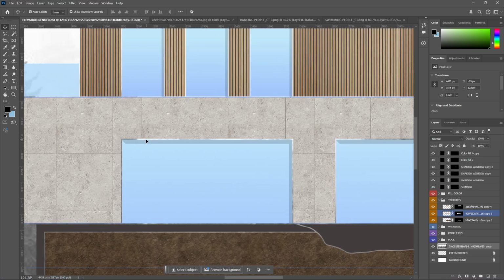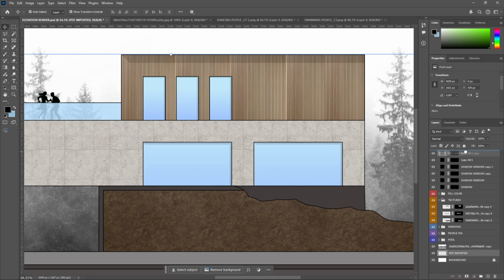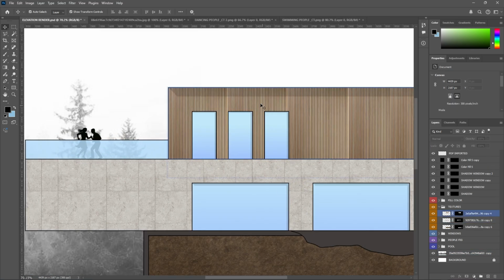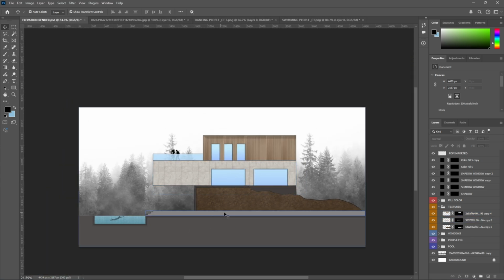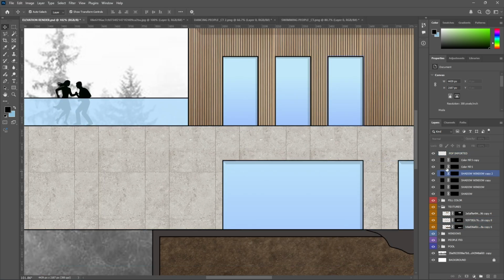Great. Now for these white lines, what we are going to do, we have, let's unlock it, our imported PDF, and drag it to the very top. And as you see, we get our black lines, the lines from our AutoCAD drawing. So for the elevation, to get rid of these white lines, I don't like them to be this strong